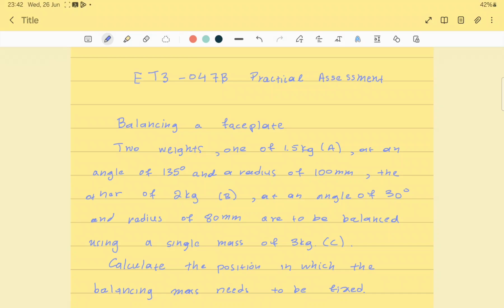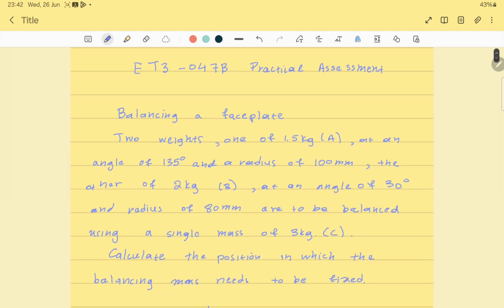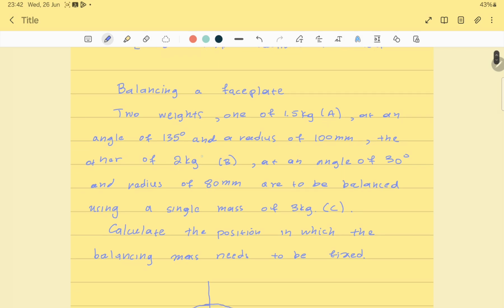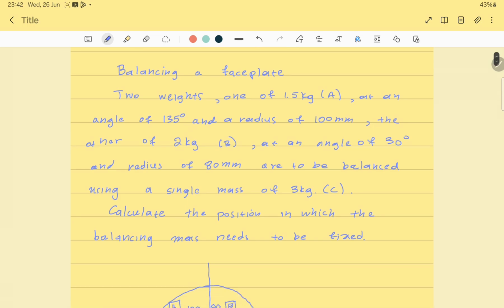In this video, we concern ourselves with a problem of balancing a faceplate. So let's have a look at the problem. We have two weights, one of 1.5 kilograms, we denote it by the symbol A, and this has an angle of 135 degrees and a radius of 100 millimeters. The second one, B, is of 2 kilograms